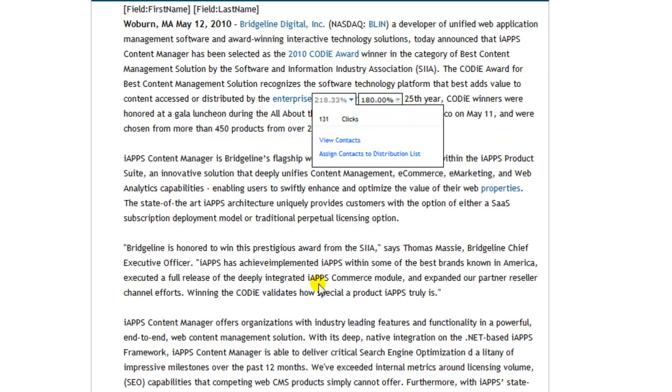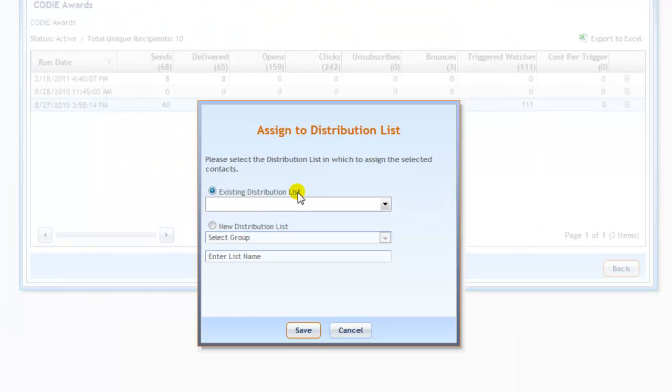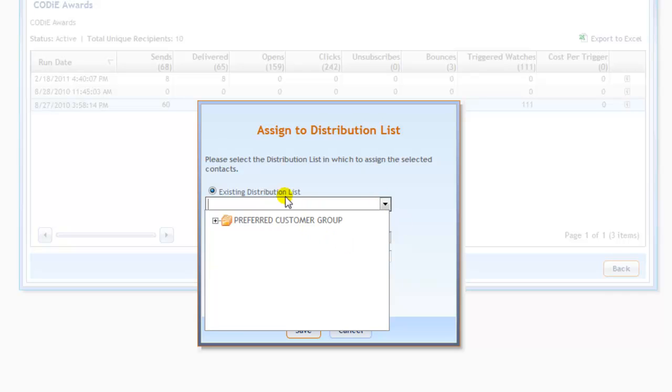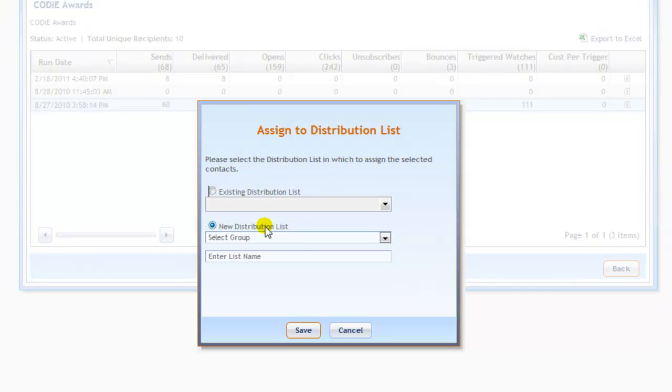So now what can I do? Now I know exactly who clicked into my email. Awesome. I know I probably have more of their information on my system as well. Awesome. But while I'm still in Marketier, I could quickly assign these contacts to a distribution list. I could either append them to an existing distribution list, or I could create a new distribution list, maybe call it something along the lines of liked commerce,